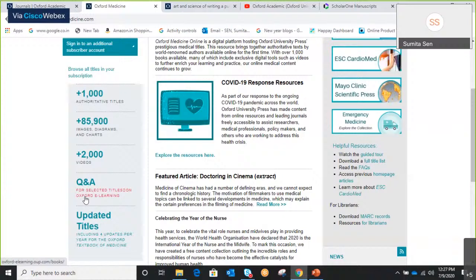For this, you need to register with Oxford e-learning. When you register with Oxford e-learning, you will need to have a ticket number from your library. If you register with this, you can do a course and download a certificate for having completed this particular title. Of course, it's not there for all titles. And of course, this is subscription based completely. The site is updated 4 times a year.